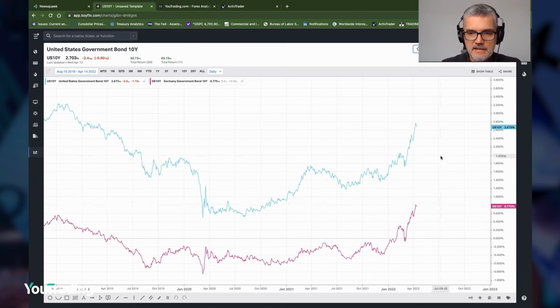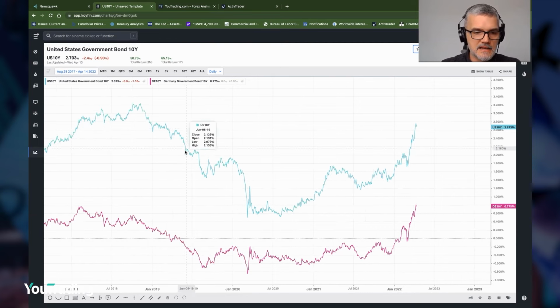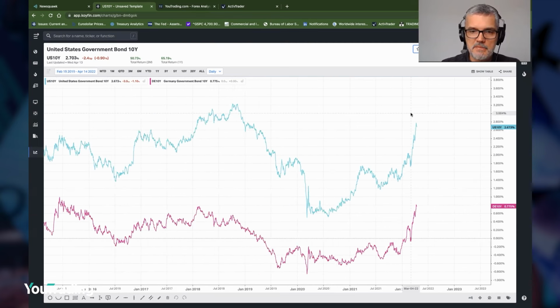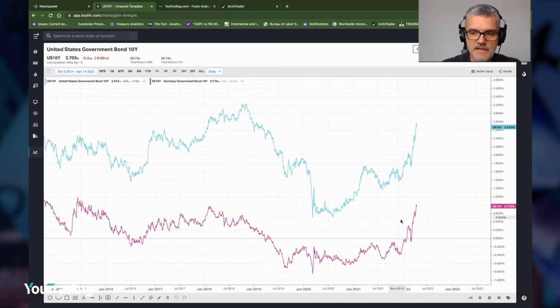Here we can see that the benchmark 10-year almost touched 2.8%. 3% in years gone by had been like a magic line which the yield should never cross for fear of creating some sort of recession. Obviously, we saw it actually cross over in 2018 a couple of times before it came down to near zero. So that's the yields.